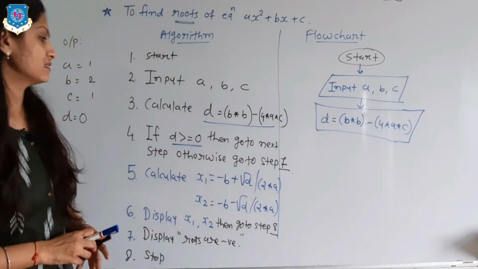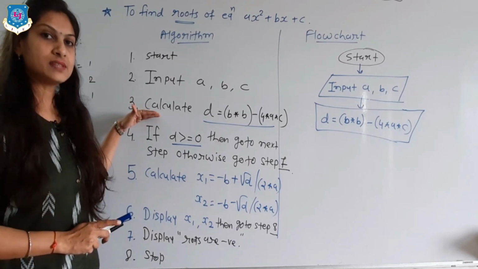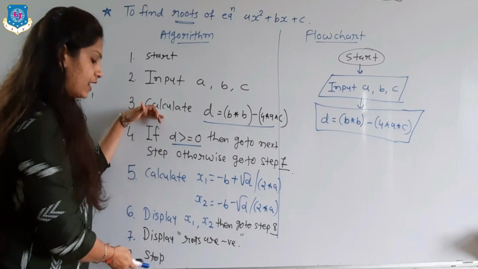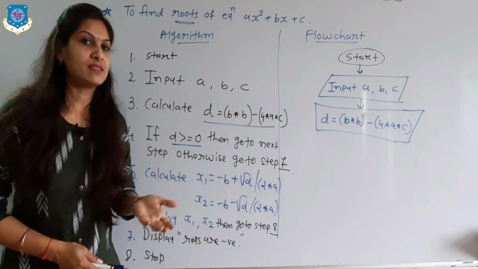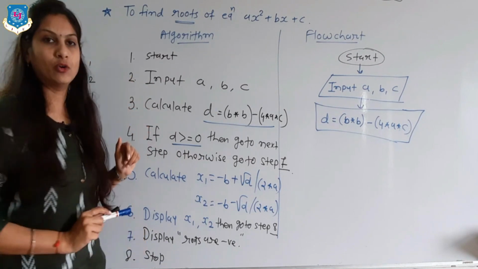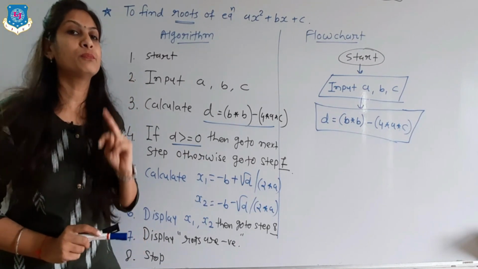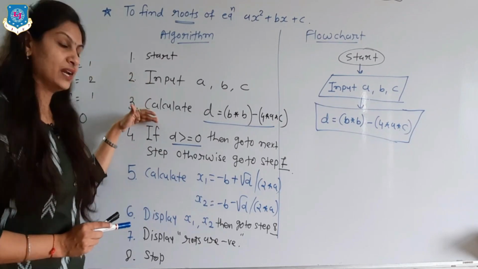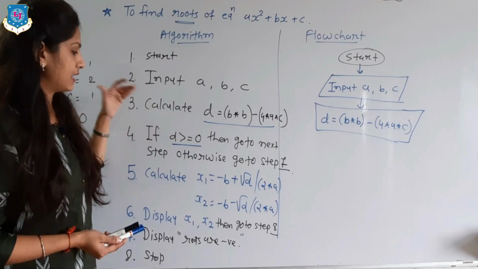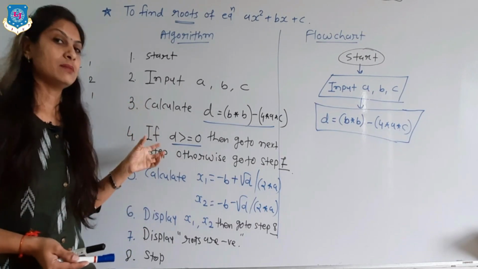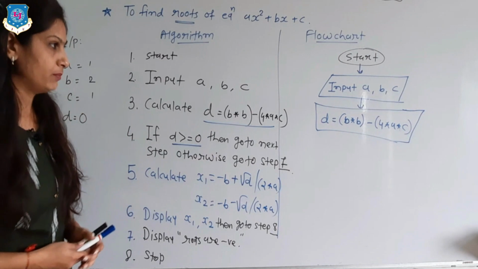So here you can see in the first method, in a simple problem, we are writing just input, formula and output. In the second method, we are writing input, then condition and output. But here these two problems are mixed. Means we have to input also, we have to calculate some process, and after that we have to apply the conditions. So it is nothing but the simple and conditional problem.